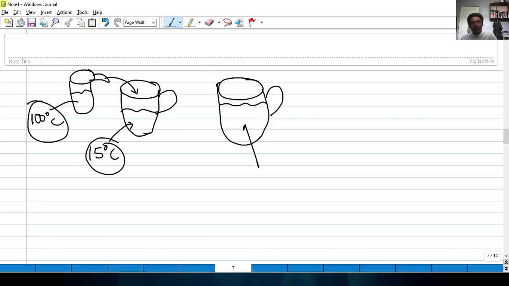The temperature of this water should be what? Let's label that as X. It should be less than 100 degrees Celsius, and it must be greater than 15 degrees Celsius, considering that there is no outside energy or temperature affecting this cup of water for your coffee. So, let's say after mixing, the temperature of the water inside your cup will be, let's say,